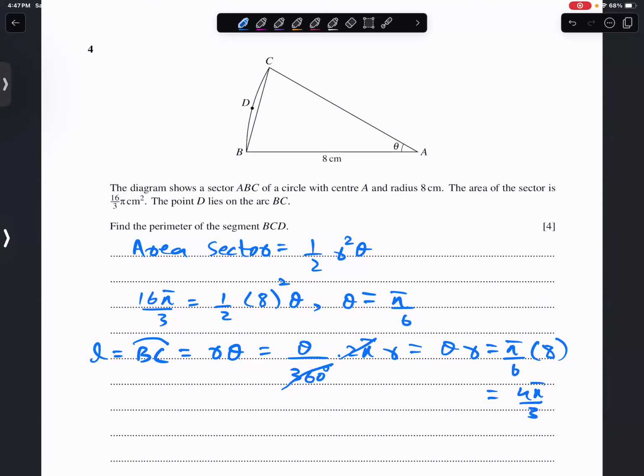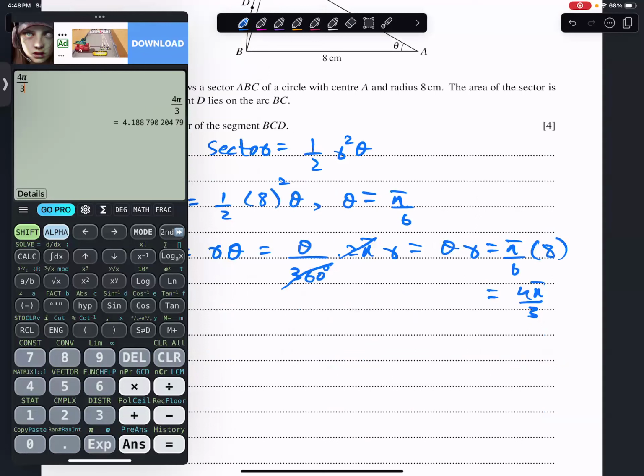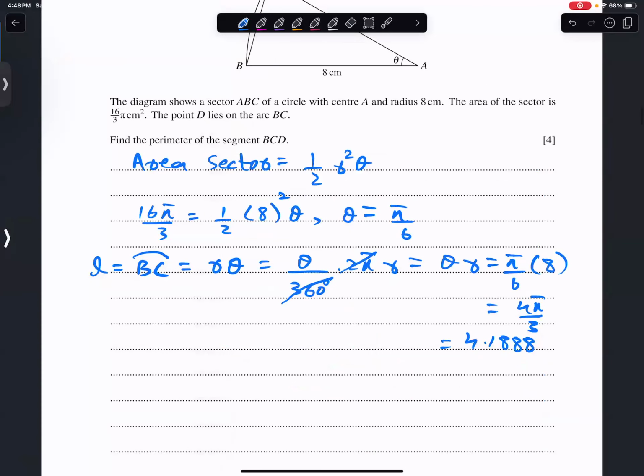ओके अहमद भाई? यस सर। सो 4π/3 इज माई आर्क लेंथ। इसको हम डेसिमल में कन्वर्ट कर लेते हैं, 4 इंटू पाई/3। सो दिस विल बी 4.1888। सो ये आपका आ गया जी आर्क लेंथ।